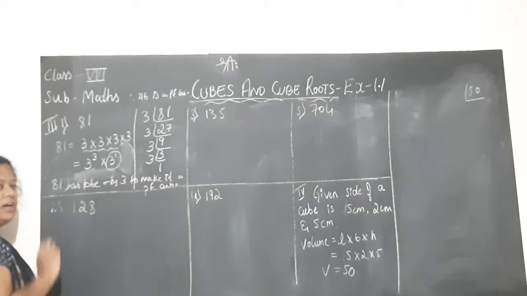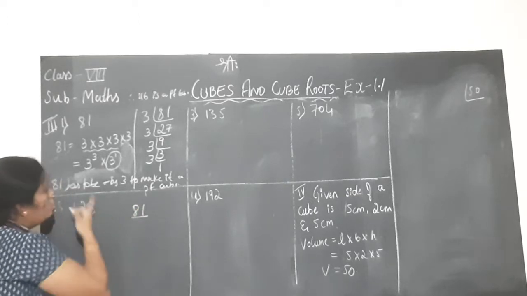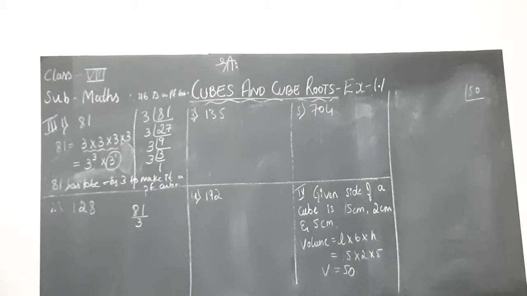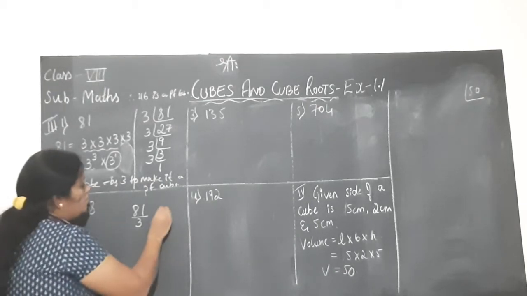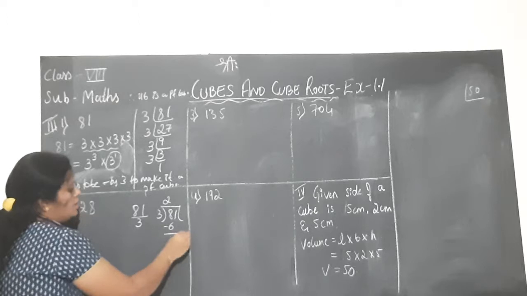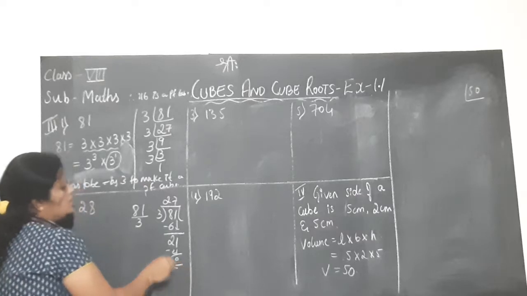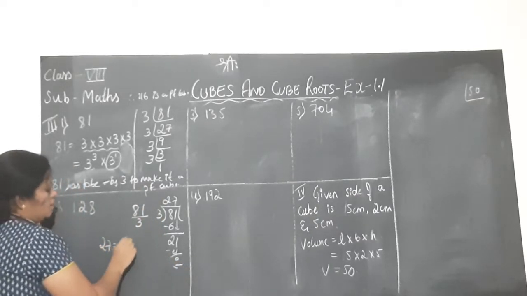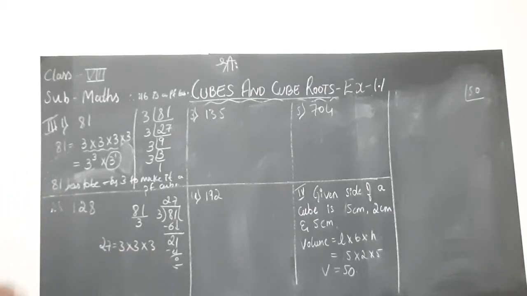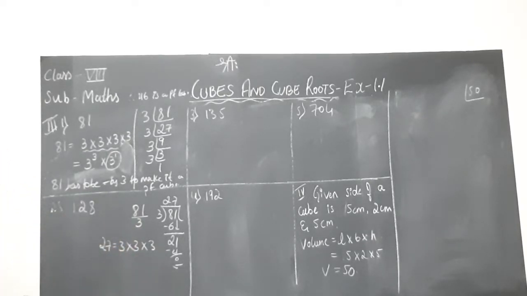If you have doubt, I will show you the verification as well. I said 81 is not a perfect cube, so I found by prime factorization that if I divide 81 by 3, the number becomes a perfect cube. So I should divide 81 by 3. 3 2s are 6 the nearest. 8 minus 6 is 2. Bring down 1. 3 7s are 21. Remainder is 0. Is 27 a perfect cube, children? What is 3 into 3 into 3? 3 3s are 9. 9 3s are 27. So on dividing 81 by 3, I get 27. So 27 is a perfect cube.